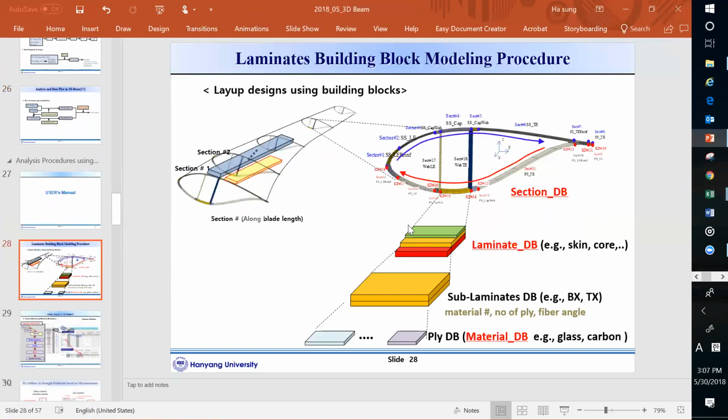But don't need to worry. So conceptually, here we have any cross section, and each cross section has what I just call a sector. Okay, one sector you can think of as the laminate, and the laminate can be a sublaminate